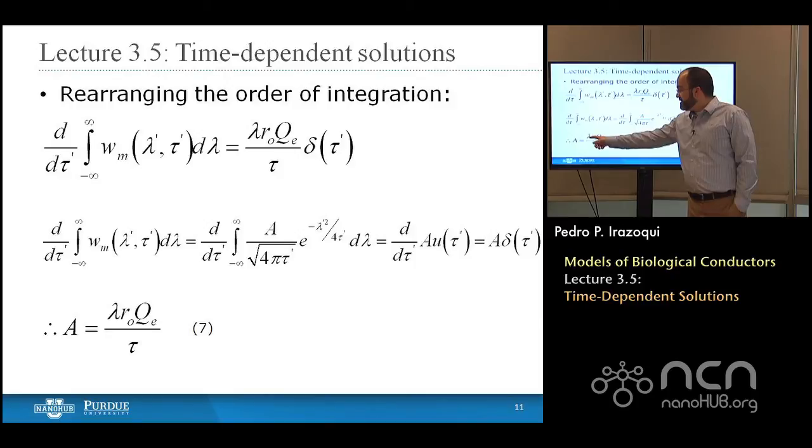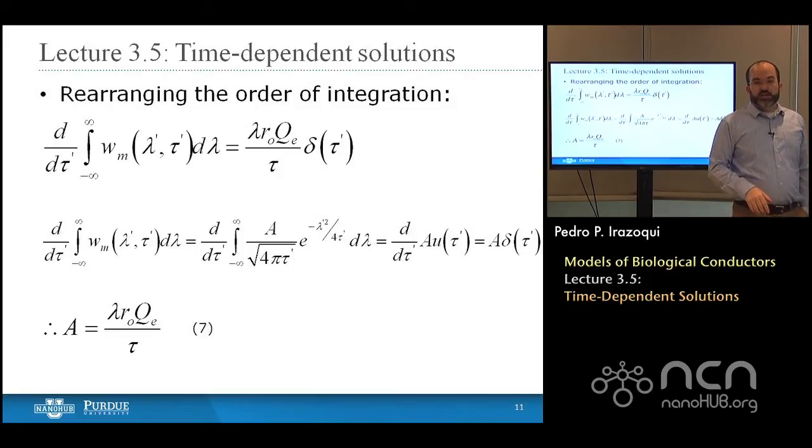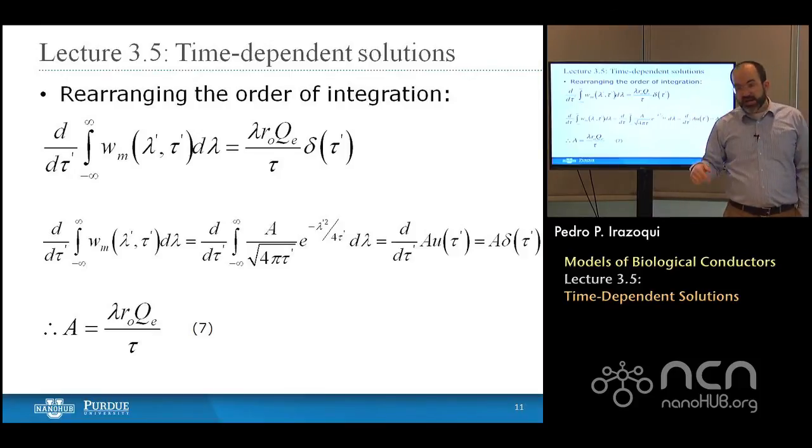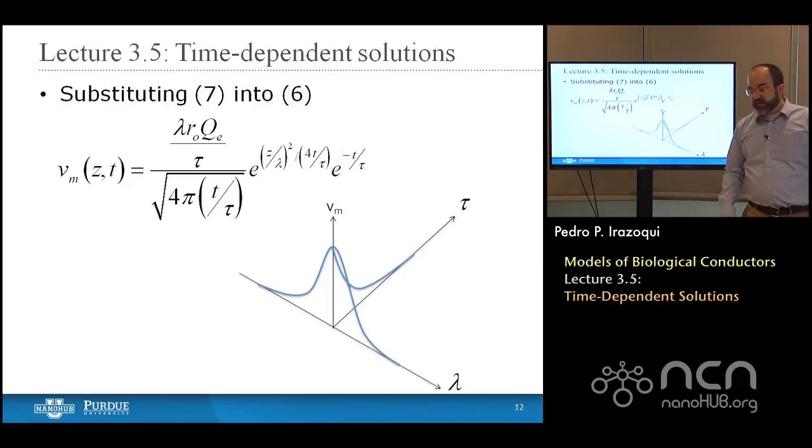So it's the space constant, the time constant, the resistance per unit length outside the cell, and the total amount of charge delivered. And since we know the total amount of charge delivered, we know what A is. And we can plug equation 7 back into equation 6 and find our time-dependent solution of the cable equation, which